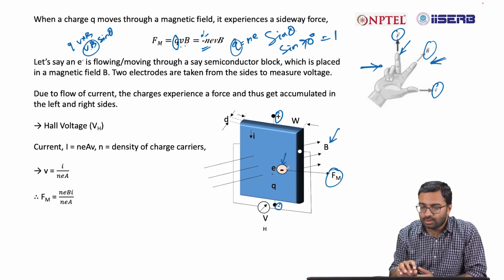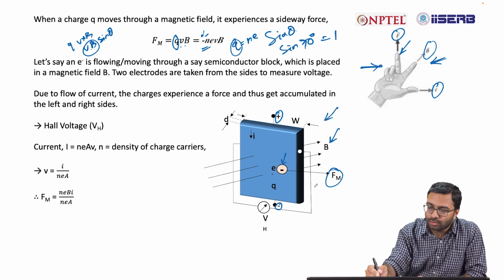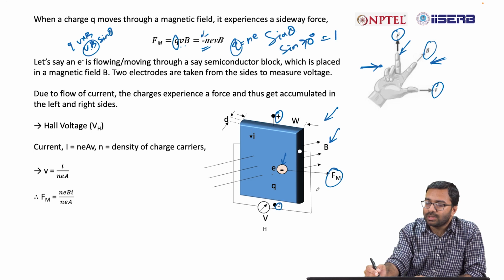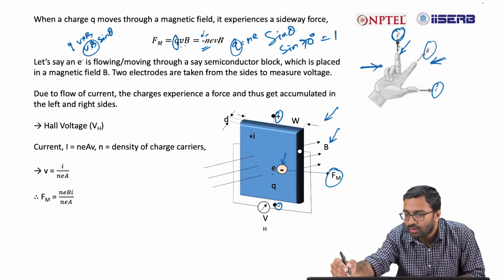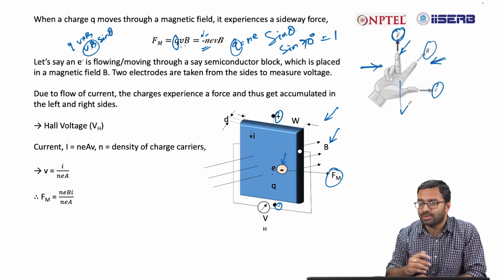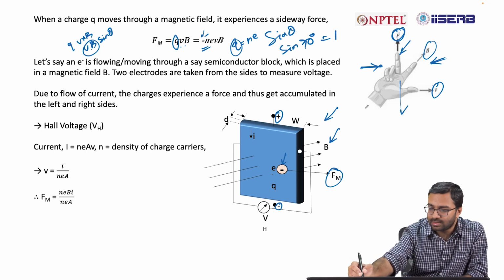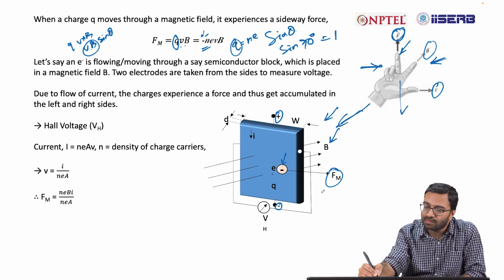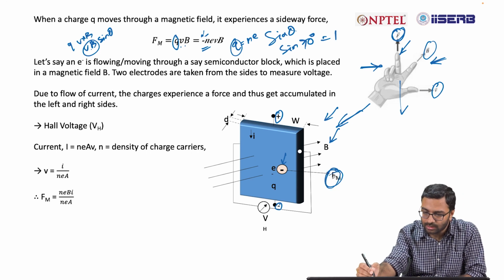So this is how you can figure out the direction of force. For a positive charge, this will be the direction. For a negative charge, it will be the opposite direction. So if you apply this right hand rule, you will find that the force is in this direction,